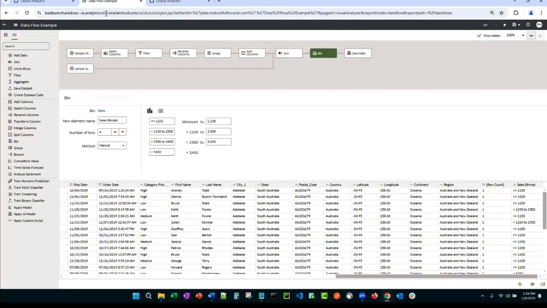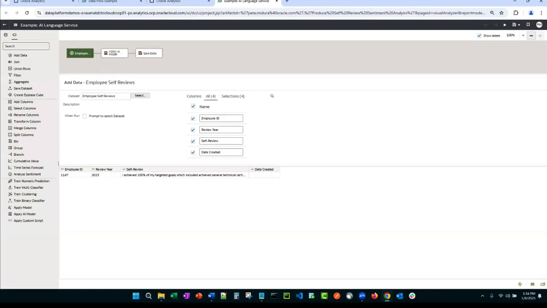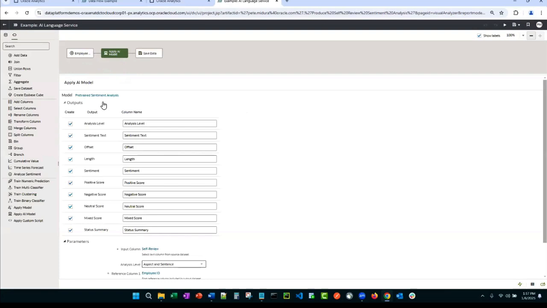And the last example is connecting to one of our AI services. Now, these are external services, but they are integrated in the way that once you connect to the AI model, you basically say, well, this is connecting to a language model. And in this scenario, I want to look at sentiment analysis for self-reviews. You select the sentiment analysis. These are the outputs you're going to get.